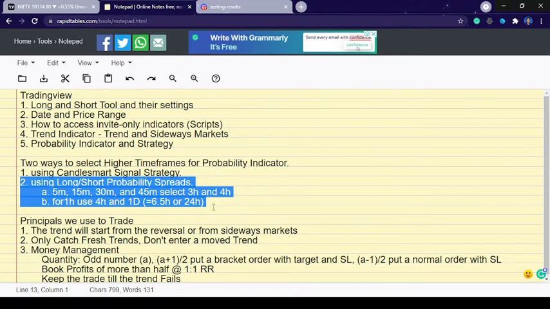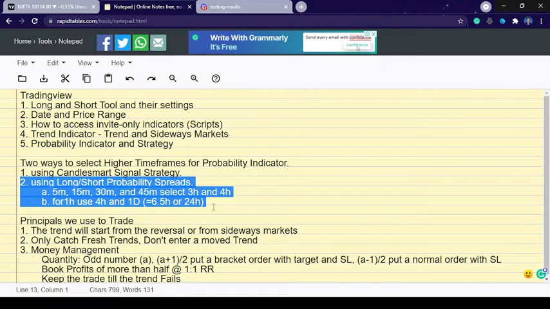And for 1 hour, use the 4 hour and 1 day time frames. For the 1 day time frame, in the Indian market, NSE, BSE, it's about 6.5 or 6 hours 50 minutes, something like that. In international markets like Bitcoin or US 30, where you get a 24-hour market, we are using 4 hours and 24 hours. Or if you have something like options, and you have a pro premium account, you can use 7 hours, 8 hours and 1 day, or you can play with it. I will tell you how I fixed these things in a couple of minutes.